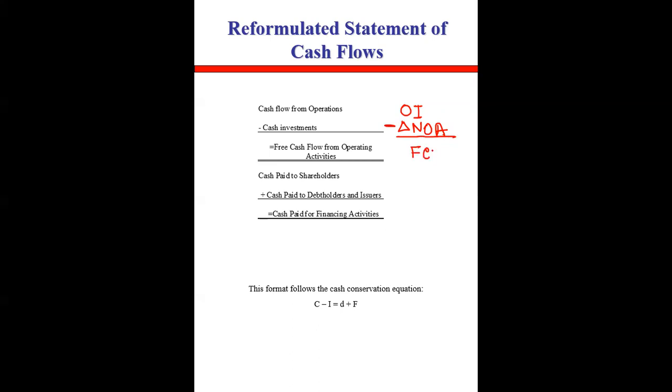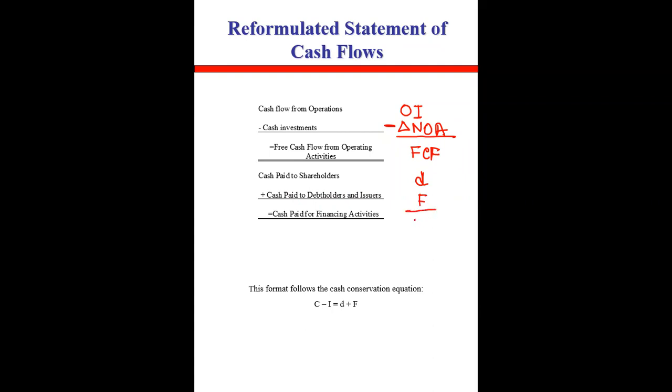You get free cash flow. This is nothing new. We already have learned about it in the previous class. And here you see the cash paid to the shareholders. Can you recall what I wrote in the previous slide to denote all of this? Paid to the shareholders, D. And cash paid to the debt holders and issuer. If we denote this by F,